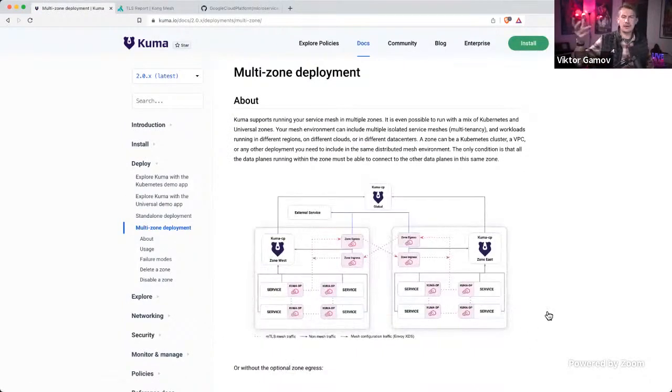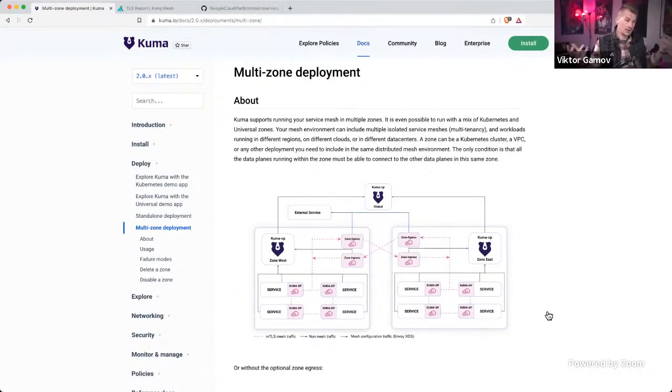It needs to have a global control plane. It needs to have a zone ingress and egress in order for traffic to go from one zone to another. And each zone will have its own control plane in order to configure local communication. After that, you will be able to define the policies, and inside the mesh, the services will have their own service discovery, and the traffic will go in through the egress and ingress, all automatically